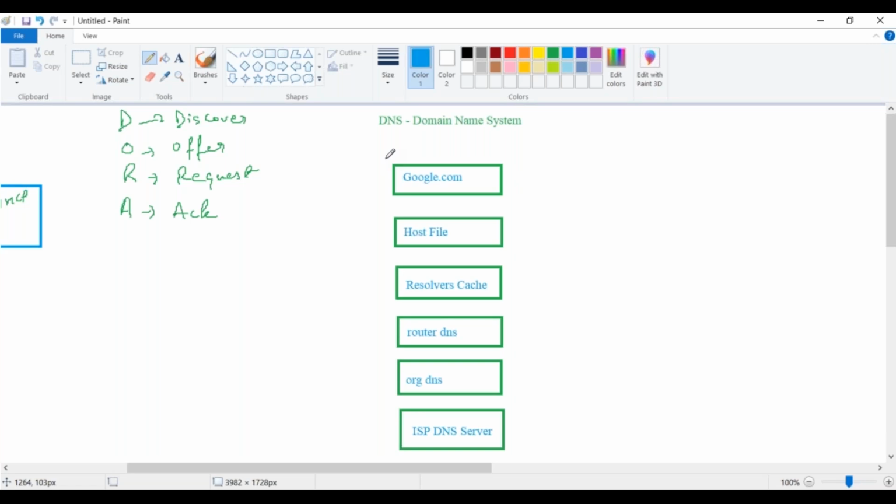What happens is the moment you hit any domain name in your browser, the very first thing it does is go to your host file and check whether there is any static entry or not. The host file contains these static entries. Do you know where the host file is in your system? In System32 we have the etc folder, and inside that you can find the host file. These are your static entries. If you want to block any domain from opening in your system, you can just mention it there, and that will block it.